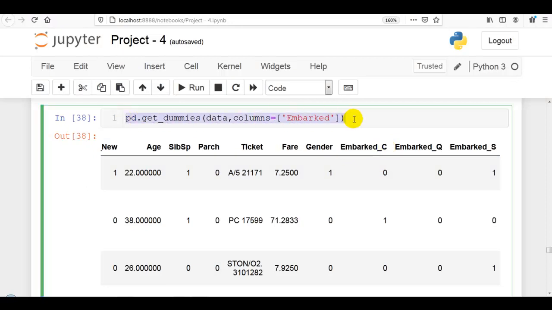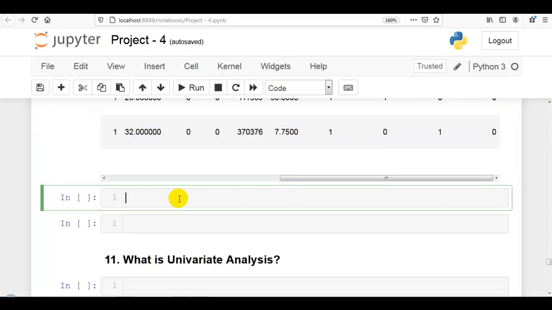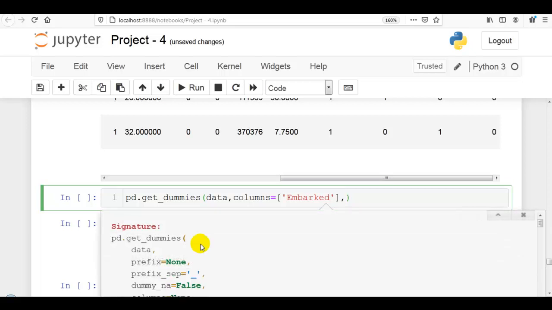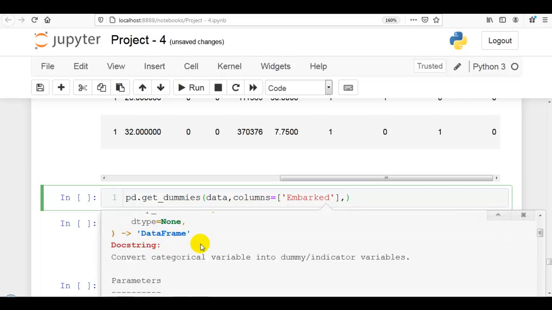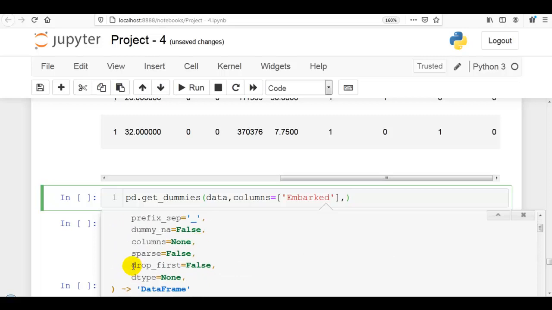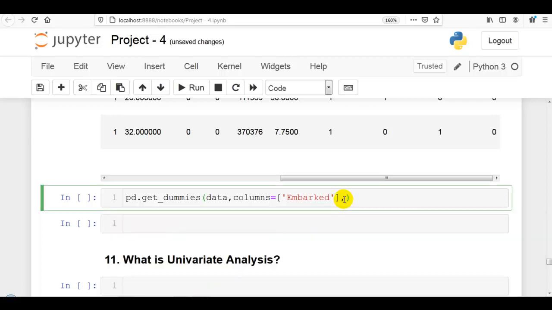Let me copy this statement and paste it here, add a comma and press shift tab to check the docstring of the get_dummies method. As you can see, drop_first is equal to False by default. Let me copy and paste it here and make drop_first equal to True. Let me execute this cell.